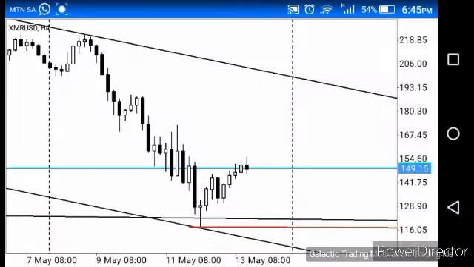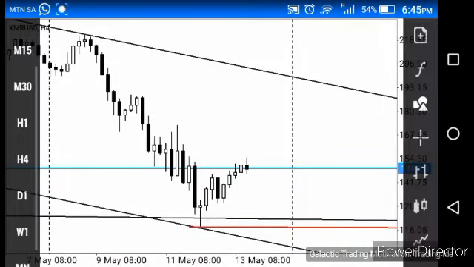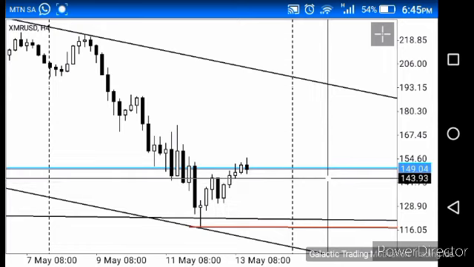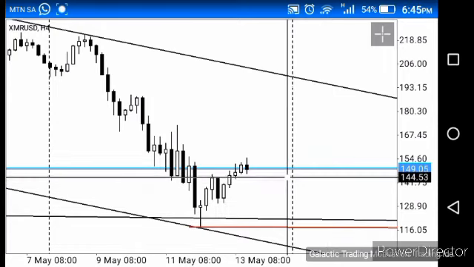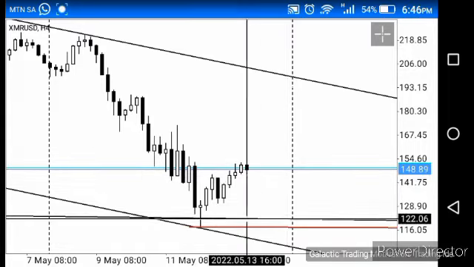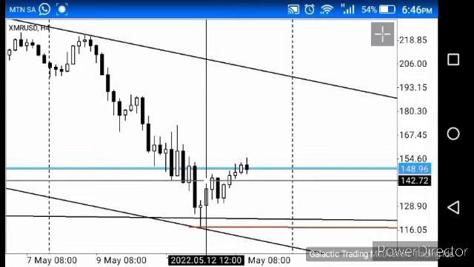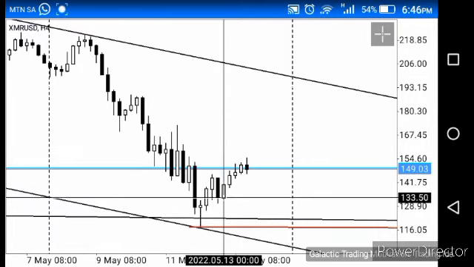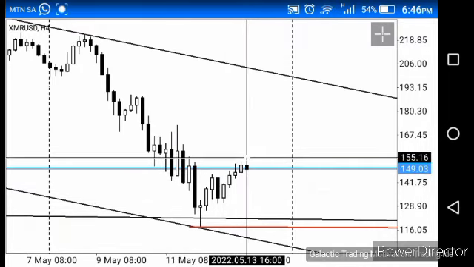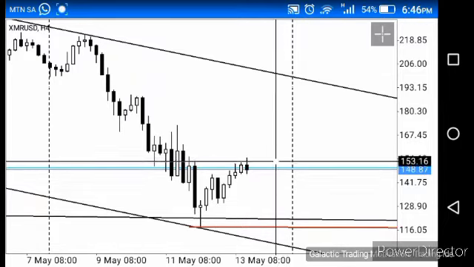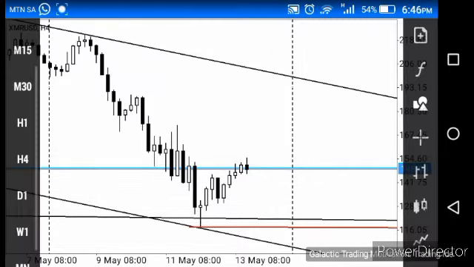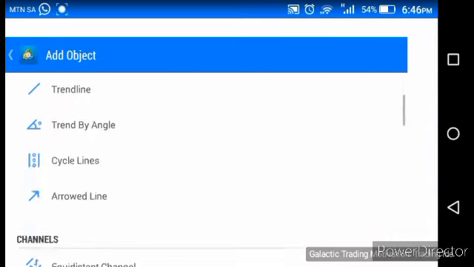But at this point in time, we can see that price has created a W formation with the neckline being here. So this tells us that we are now in an upward trend as far as the H4 chart is concerned, because price had a low here, and then it created a high, and then it created a higher low, and then it created a higher high. So this tells us that we are in an uptrend, and we should not be looking for any selling opportunities whatsoever. So for now, I'm just going to add a neckline to that small W structure